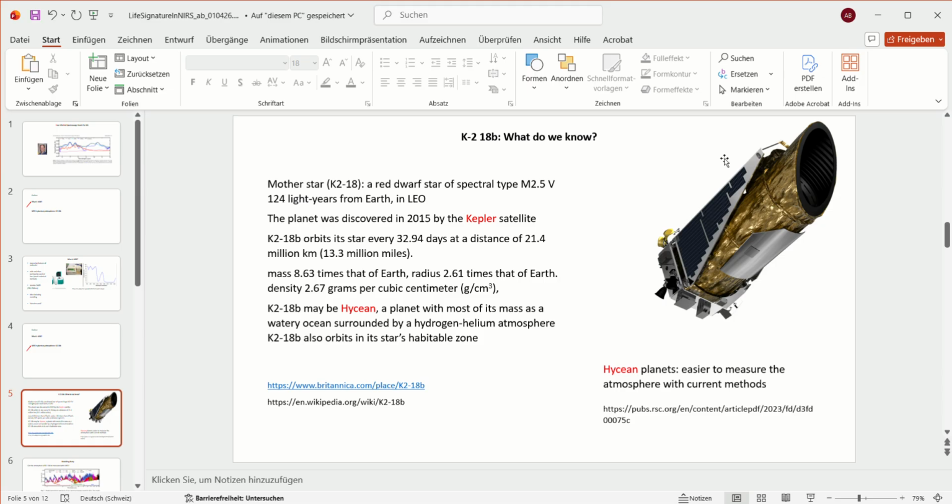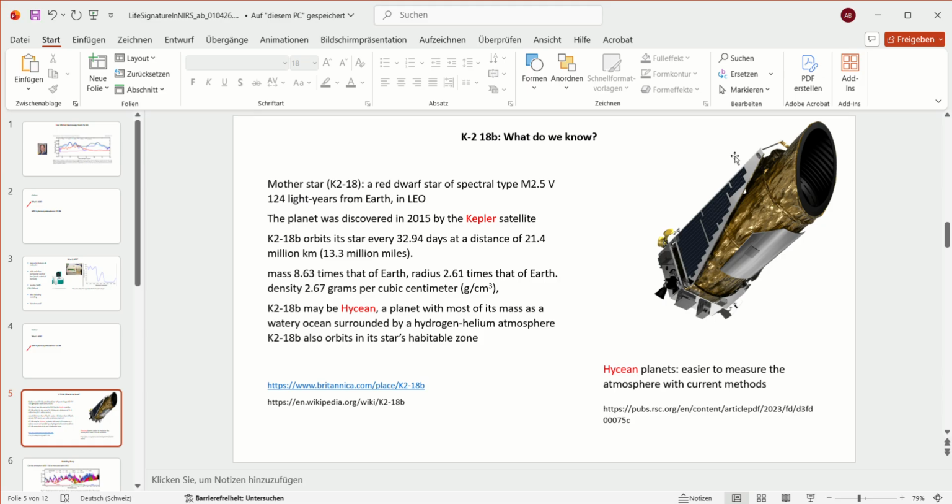And if you have regular dips, then you can assume something must go around this star. And often then you look at the mass with another method, and if you find that the mass of this body that circles around the star is not too high, you assume it's a planet, despite in most cases you're not able to see the planet, not even with